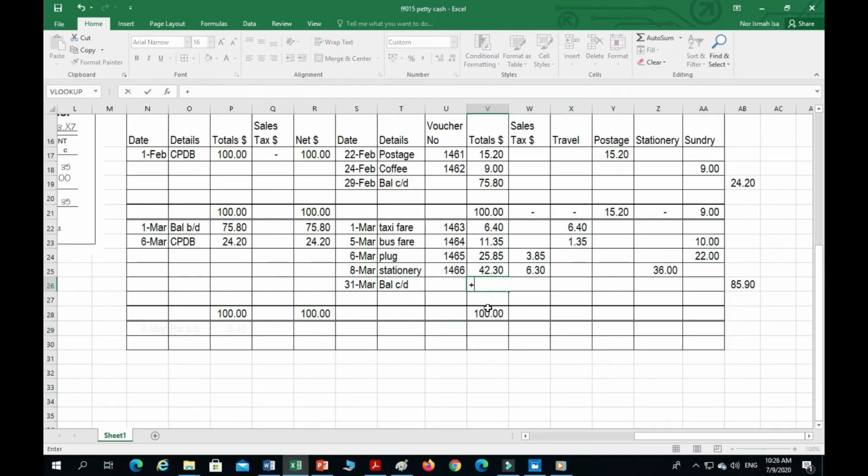The correct balance is 100 minus all these expenses. So the balance CD is 14, and what amount to be posted is